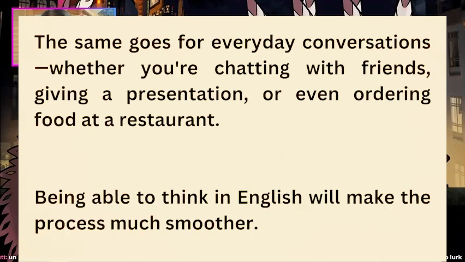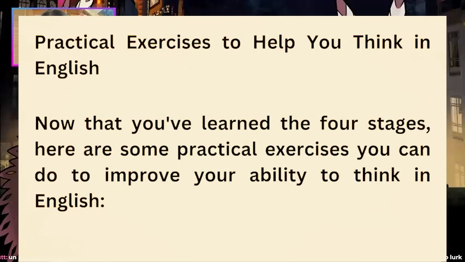The same goes for everyday conversations, whether you're chatting with friends, giving a presentation, or even ordering food at a restaurant. Being able to think in English will make the process much smoother. Practical exercises to help you think in English. Now that you've learned the 4 stages, here are some practical exercises you can do to improve your ability to